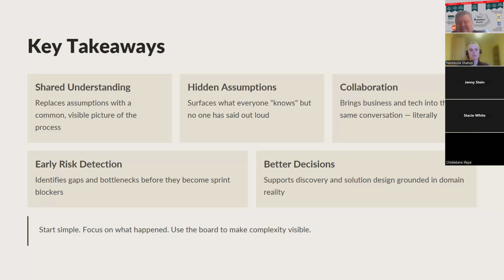And also, it gives a BA a concrete way to support discovery, maybe requirements thinking, and better decision making. If, for example, we are combining roles of a product owner and we also need to help with prioritization, it's a great way to get the idea of what matters most today for the project and for the product.